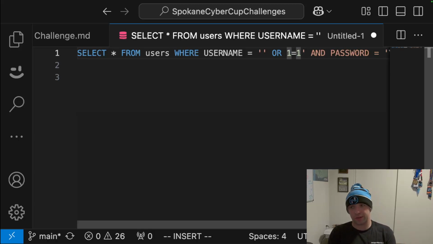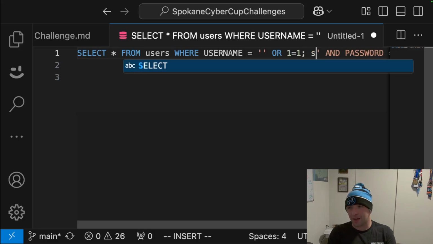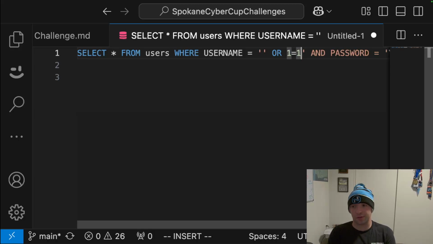There's a couple of different ways you can fix this. One way is to create a second query that does another select. But to me, the easiest way is to just do a comment. So in SQL, a double dash is a comment. So if we just do this dash, and notice the space is important. Although the syntax highlighting doesn't work on that, if you don't have a space there, it won't work. So you want to do or 1 equals 1 space with that single quote, and